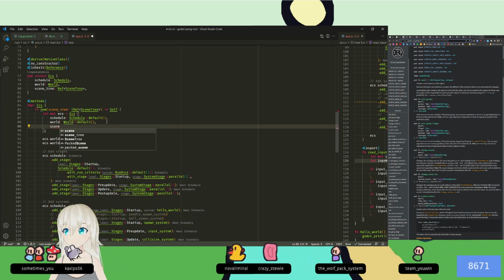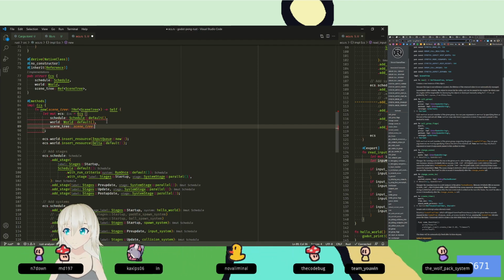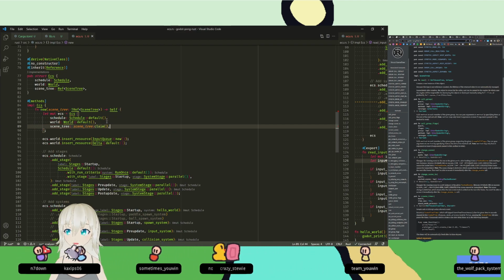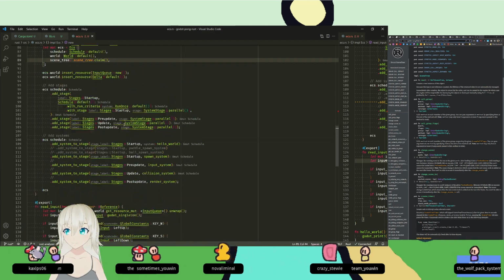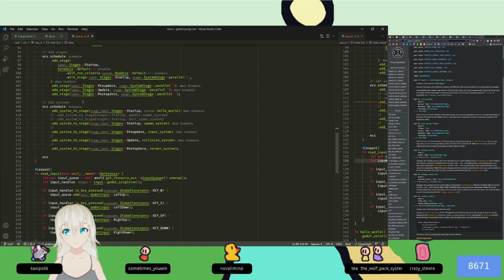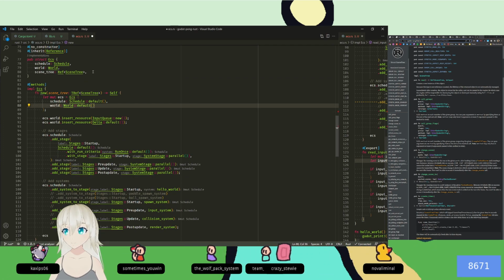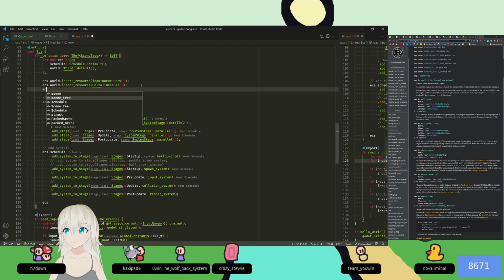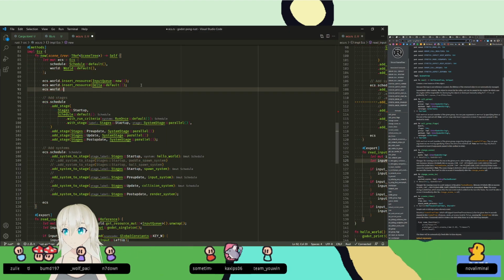So scene tree is equal to scene tree, what is it called? Claim. One of these. Yeah, that's okay. And then we can pass it to one of the systems if we register it, I suppose. Yeah, I guess we can just register it, right? Wait, so we don't even need to hold on to it? Let's see, ECS world insert